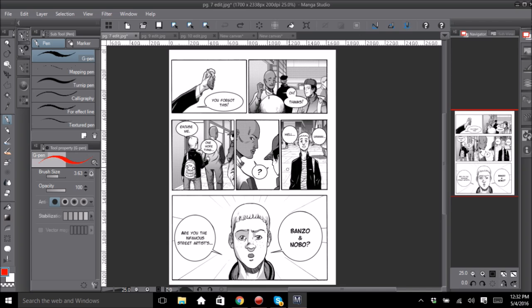This is a 10-page comic that was submitted for a contest a while back, but it has a lot of things that work and a lot of things that don't work because it's very amateur. So I'm going to show you all the things that work and the things that don't work. The very first thing we're going to go over is your choice of word, meaning your word balloons. Now, what about your word balloons? Your word balloons, you kind of want to think of them as